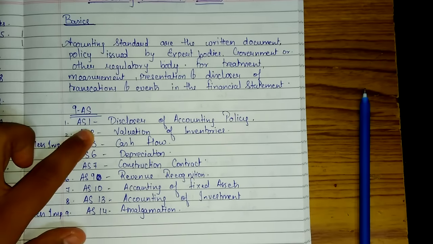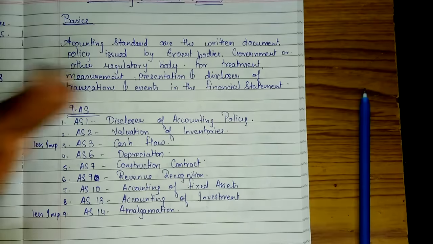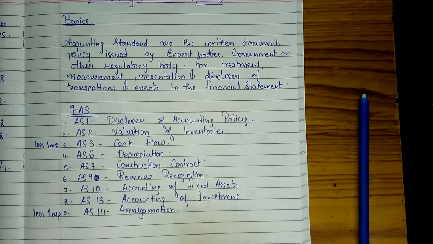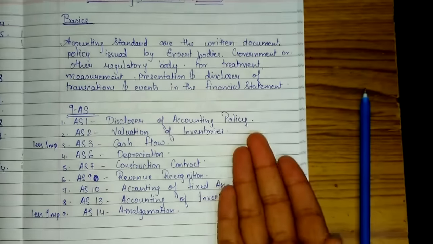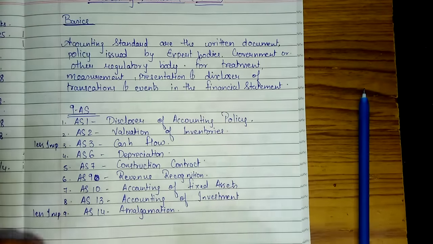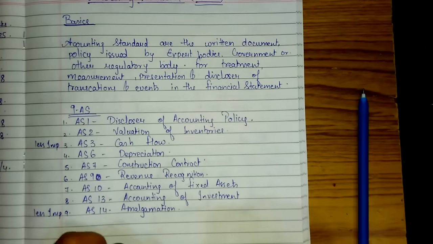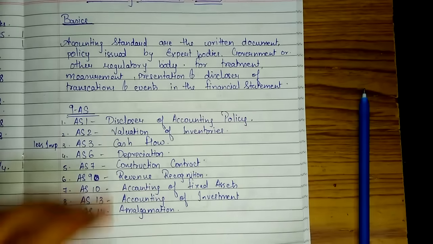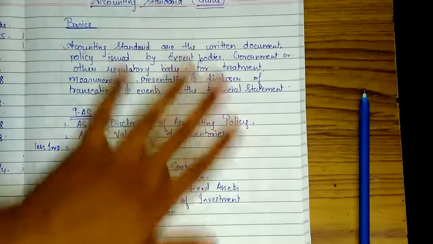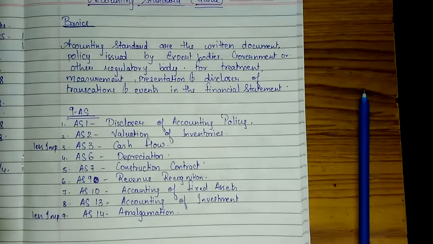So as I told, we will be moving on to AS1, disclosure of accounting policy. Very simple, and it is asked in the exam also. They ask such silly AS in exams, in IPCC exams. So it is very easy. There are paragraphs, but I assure you all will remember the paras, and quoting paras will help you gain good marks, because this accounting standard is theory. It is a complete theory based chapter, but it will help you all to score 4 marks, easily 4 marks.